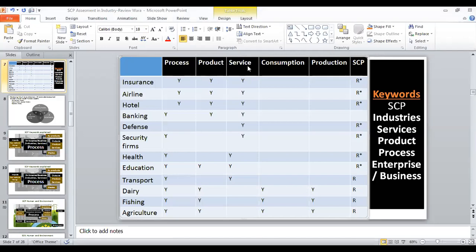So what we can see is, no matter product and services,